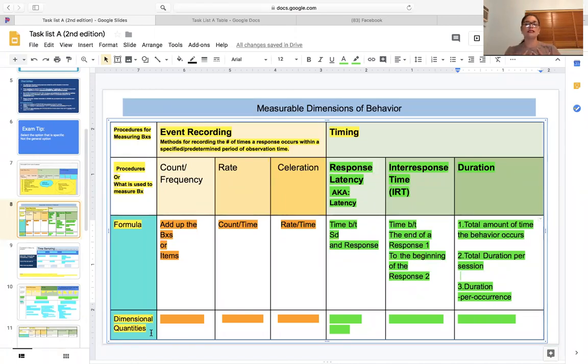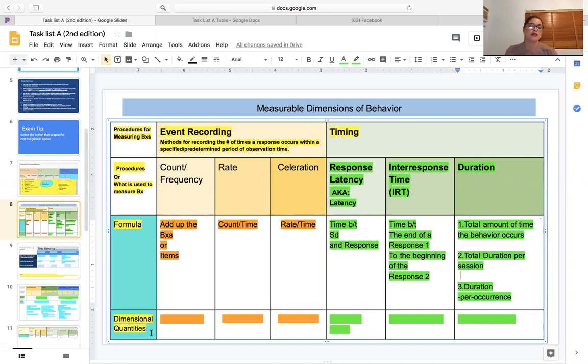So if we were gonna say that about me, let's say we can say what are dimensional quantities of a woman. We could say how much does she weigh, or what is her color, or what's her height. So you see, those are completely different. Does that make sense?